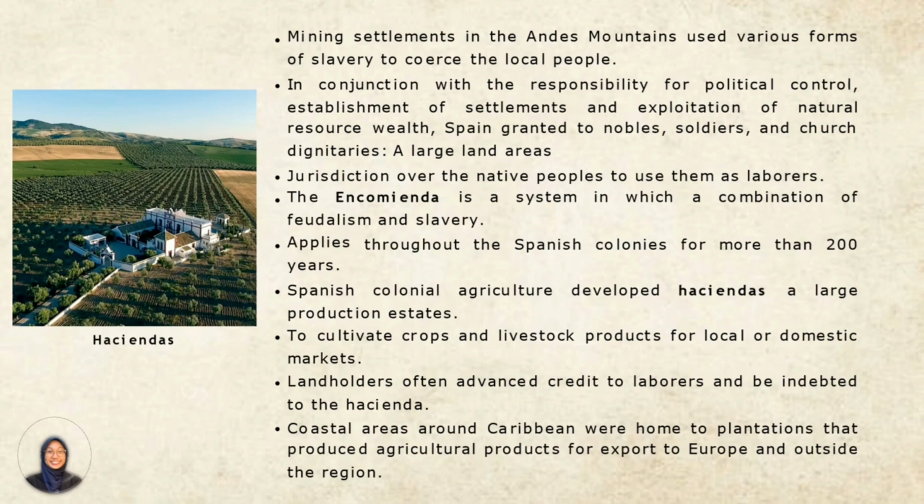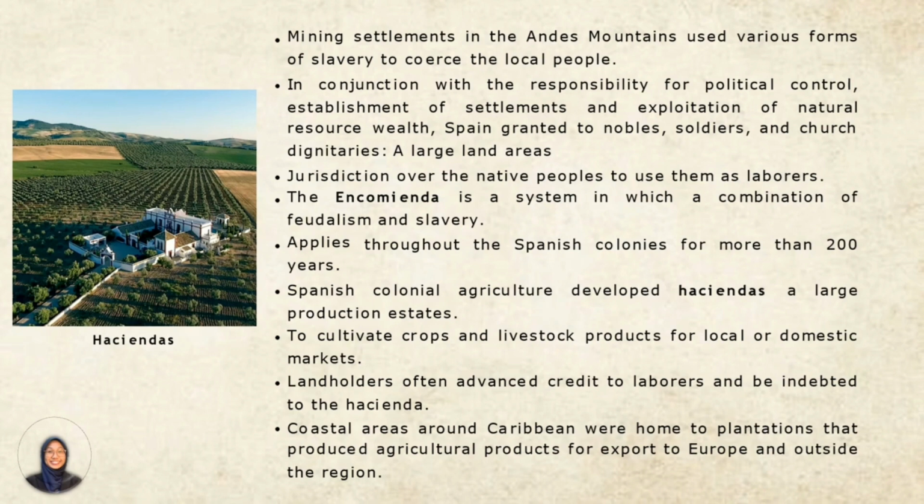In conjunction with the responsibility for political control, establishment of settlements, and exploitation of natural resource wealth, Spain granted nobles, soldiers, and church dignitaries large land areas. They had jurisdiction over the native people and used them as laborers. The encomienda is a system, a combination of feudalism and slavery, that applied throughout the Spanish colonies